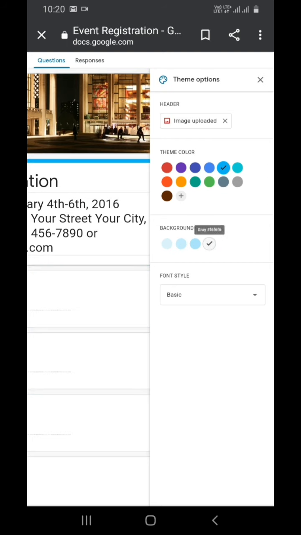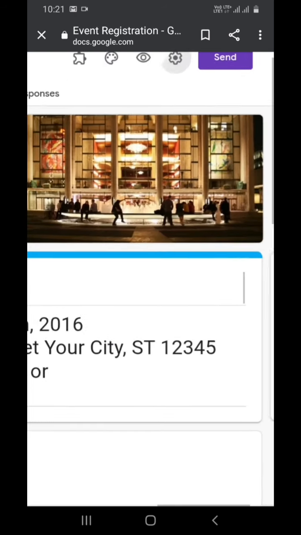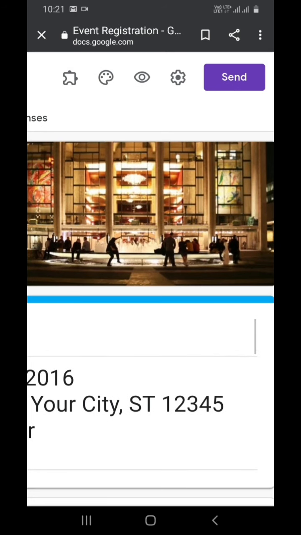Another thing is font style. Here you can choose the font style. We have only 4 options: basic, decorative, formal and playful. Whatever options we have selected will be implemented in your Google form.